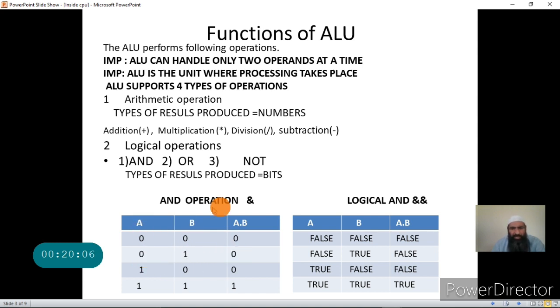If A is 1 and B is 0, the result will be 0 because B is 0. Now when A is 1 and B is 1, the result will be 1. This is the only case where the AND operation produces a result of 1. This table is called a truth table or table of validity for the AND operation.